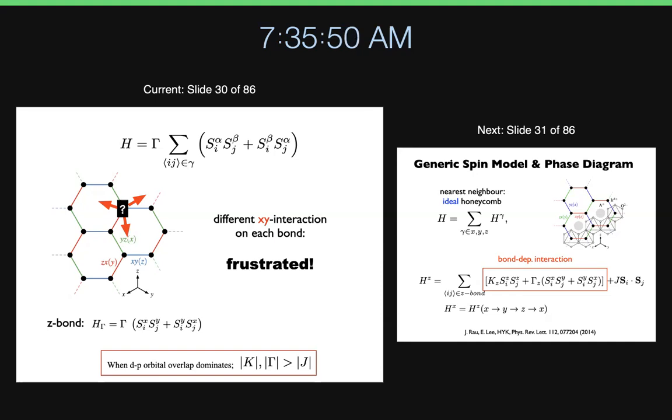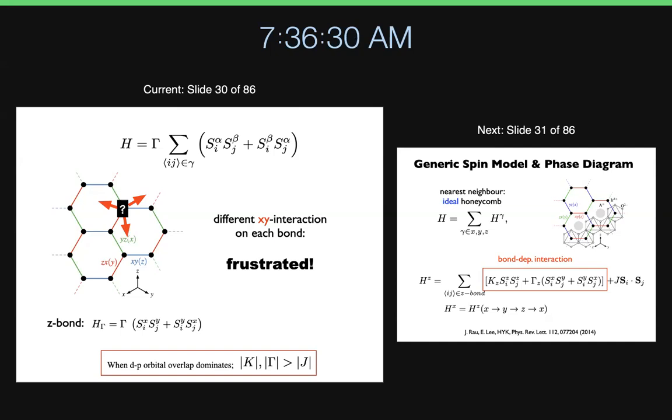But in general, if I have a p-d orbital, and the strength of the T-naught, which is the indirect hopping, is the largest, then we expect the Kitaev to be negative, which is ferromagnetic, and strength-wise it's going to be the largest. Then gamma, we expect to be antiferromagnetic, which is a positive sign, and it'll come as large as Kitaev or subdominant. Then Heisenberg will come with many different paths, and they cancel each other, so Heisenberg will become very small. In fact, Heisenberg doesn't appear if I only have p-d hopping, in this doublet.